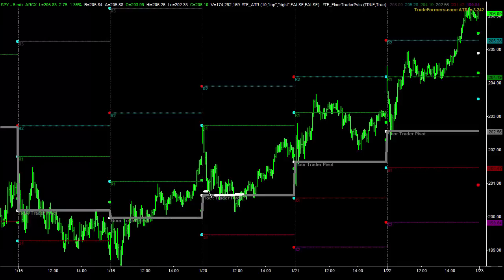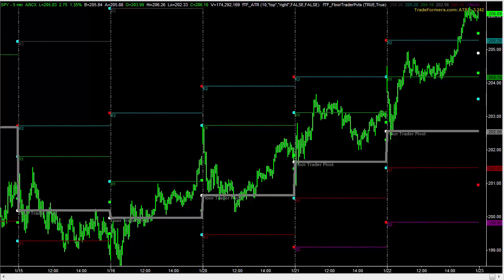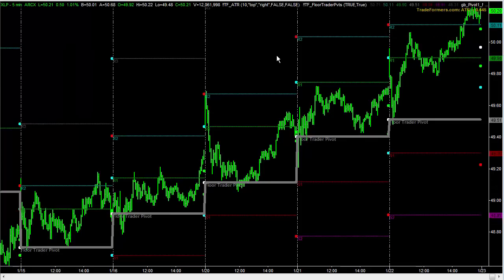All right, so the opening range was right around here, broke down, came back up through, beautiful opening range reversal. Now, this is not limited to the market indexes. So for example, another way I used this today was in XLP. So if you've followed this particular video sequence, you know I've been focusing on ETFs and ETFs that have been